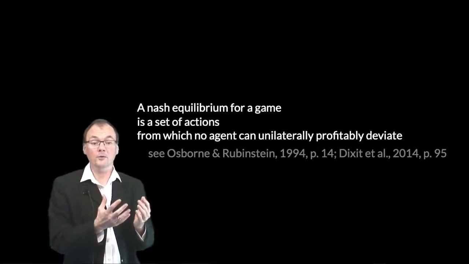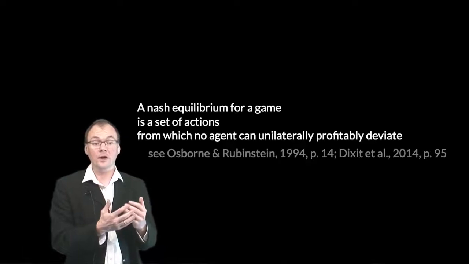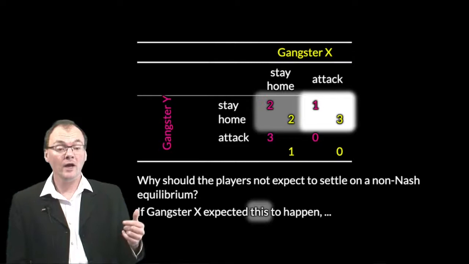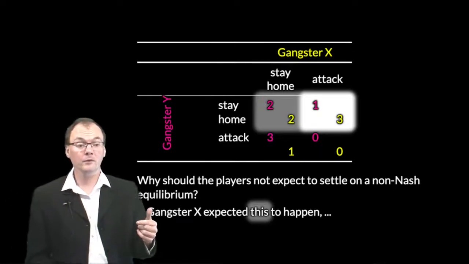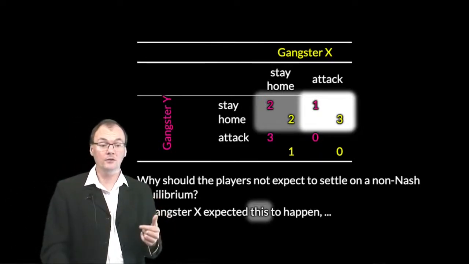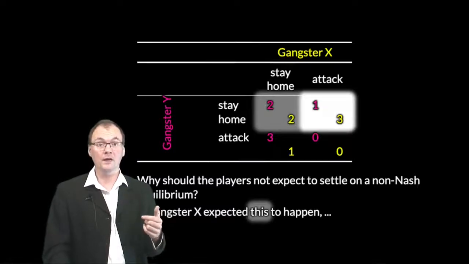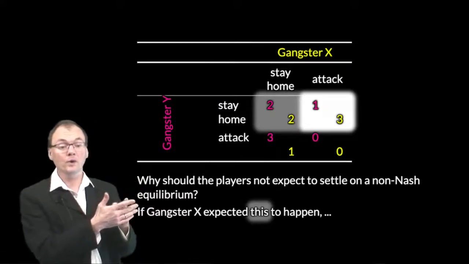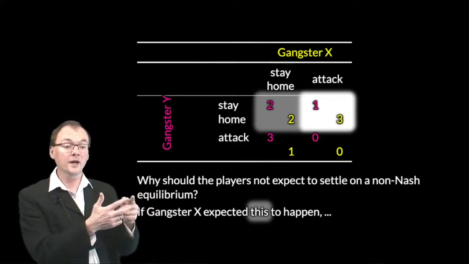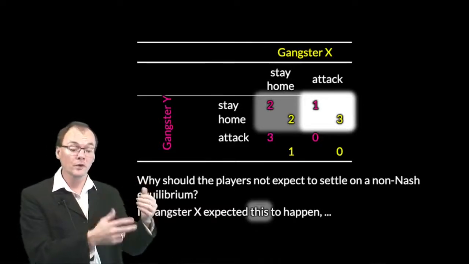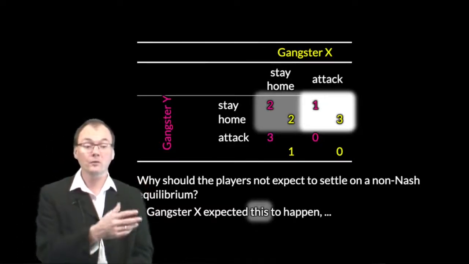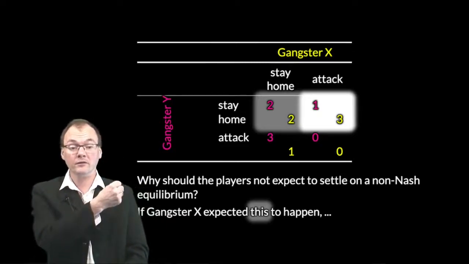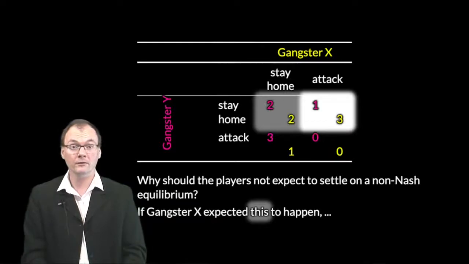So the Nash equilibrium, you remember, is a set of actions from which no agent can unilaterally, profitably deviate. Where our agents are rational, we expect them to be aiming for Nash equilibria, if they possibly can, because any other point will be one where one of the players can deviate, and then the other players, anticipating that, will want to modify their responses to respond to that too. So the Nash equilibrium points are points where we have a kind of stable, rational landing ground.